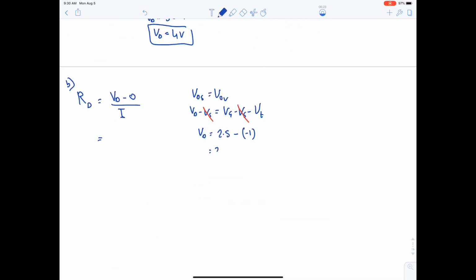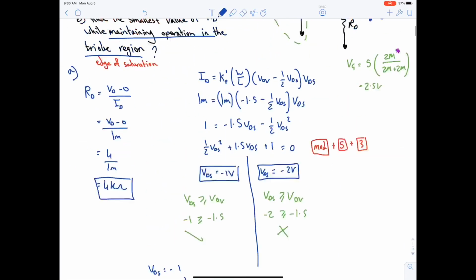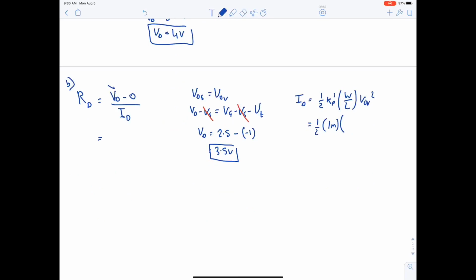So VD is 3.5 volt. Okay, we found VD. What's left is ID. Now ID, we will compute it through the saturation equation, because we said we are on the edge of saturation. So half Kp prime W over L VOV squared, half 1 milli, Kp prime W over L is 1 milli, and VOV is